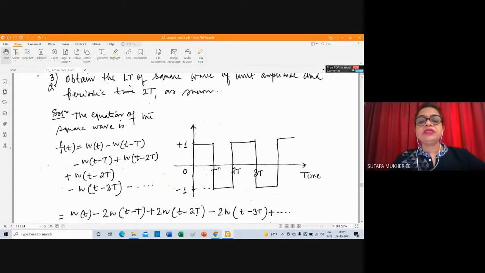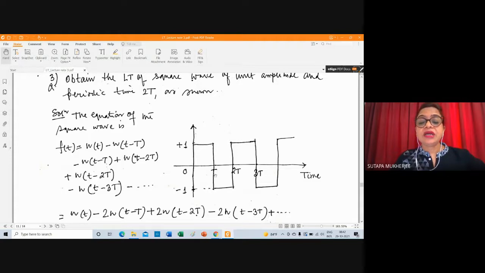So this is capital T. If this function starts from capital T, the function will be represented by u(t minus T). Already you know that. So that will be subtracted from this one, minus u(t minus T). Again u(t minus T) because it comes down, so minus u(t minus T). After that, this is the gate function. Already I have explained to you. How can you get the gate function? The function starts from here. If you want to stop the function, you have to subtract the function.